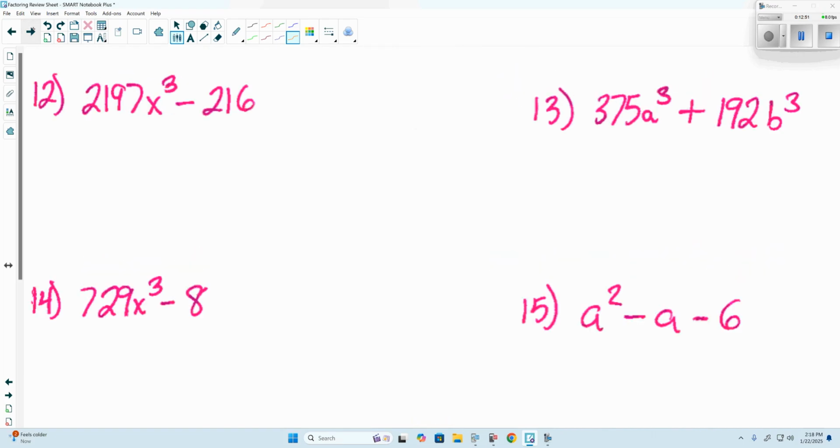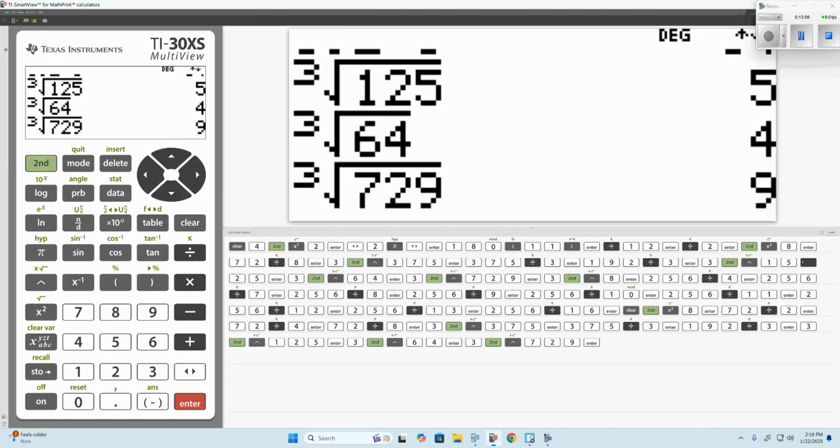I'm going to skip down to, let's say, 12, because let's look at another cubic: 2,197x cubed minus 216. Does it look like there's a greatest common factor between these two? No. So let's just check and see if there's a cubed root